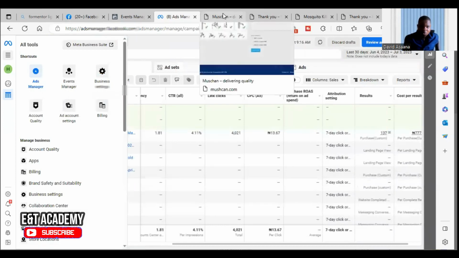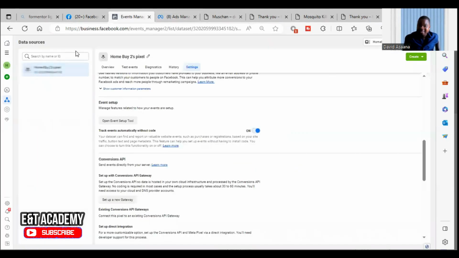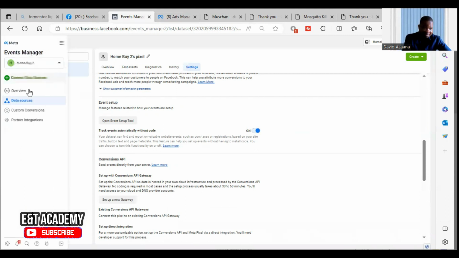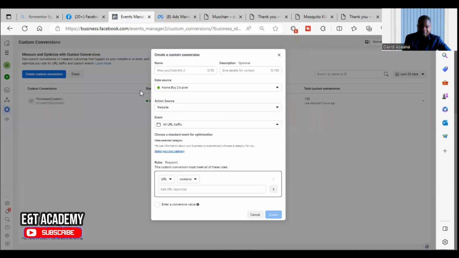Then we can also set up a custom event, not just purchase, a custom event. So if you want to set up the custom event, you will come here and click on custom. Then you click on create custom event. For the custom event, we use it basically to define something you may want to track,